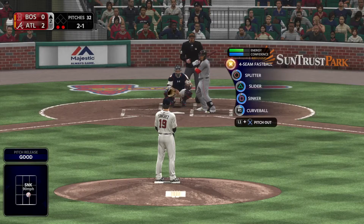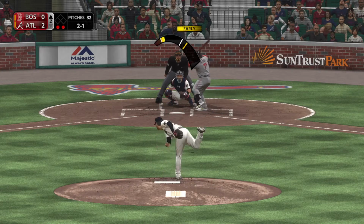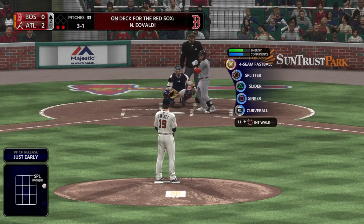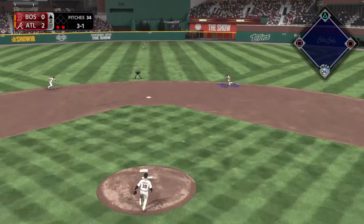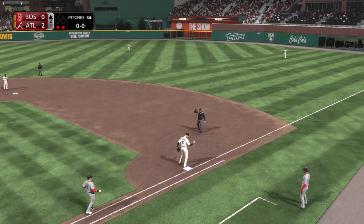I don't care what league you're in, American, National, if you're playing on Mars. If you get a heater down the middle of the plate as an 8-hole hitter, you better be swinging the bat. 3-1 now. This is a good at-bat so far here with 2 away. If you're going to go down 1, 2, 3, at least make the guy work for it. He's doing that, and he's even gotten himself into a good hitter's count now. Throw in time, and the side is...